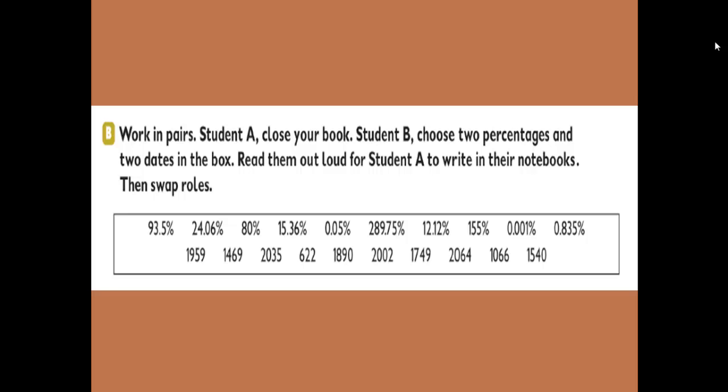93.5%, 24.06%, 8%, 15.36%, 0.05%, 289.75%, 12.12%, 155%, 0.001%, 0.835%,